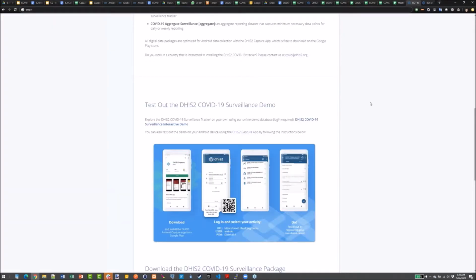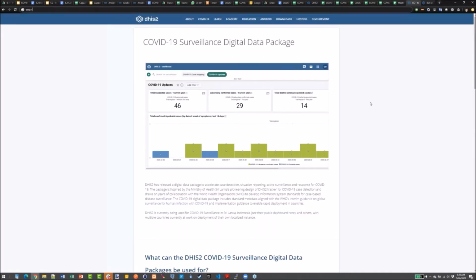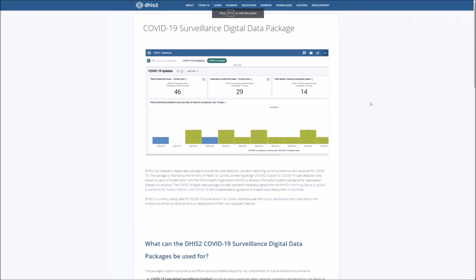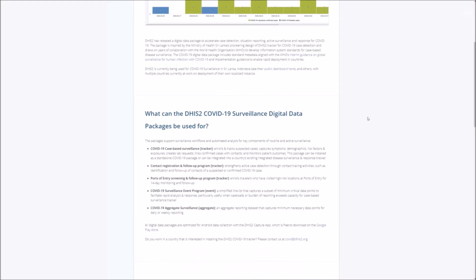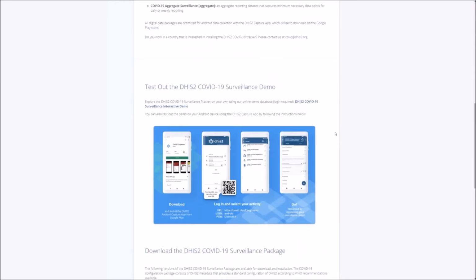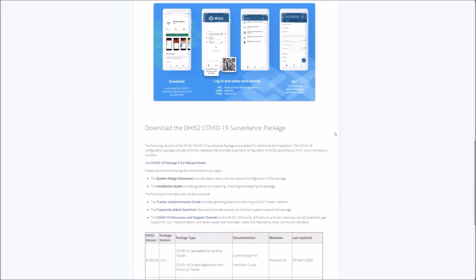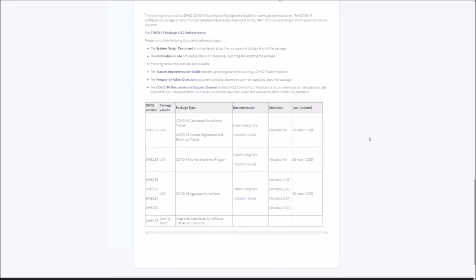So this is where we are communicating all of our updates on this. There's all kinds of information about the package, information that I've just presented to you as well, information on some countries that are already using this in practice, as well as links to what they're doing. Of course, information on Android that I just discussed. You can see there's quite a bit of downloads and quite a bit of documents and all kinds of different links. This can be a bit heavy to look through,